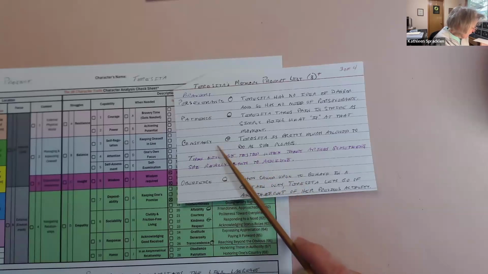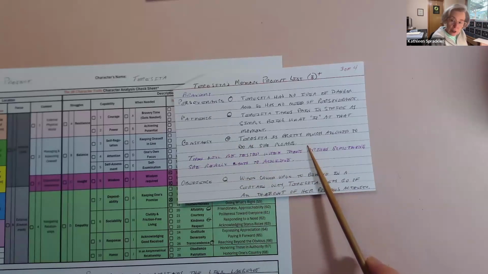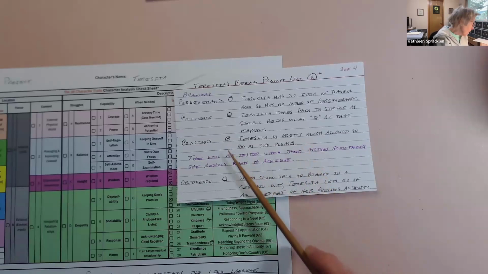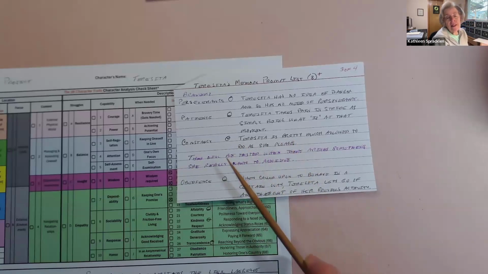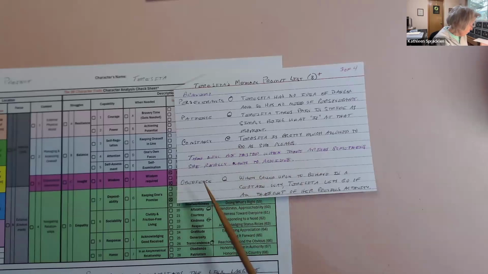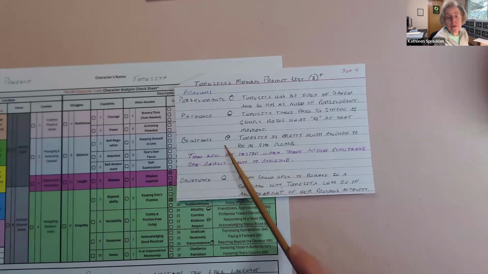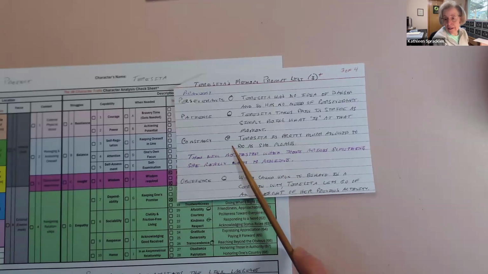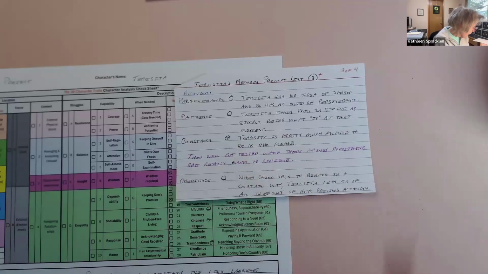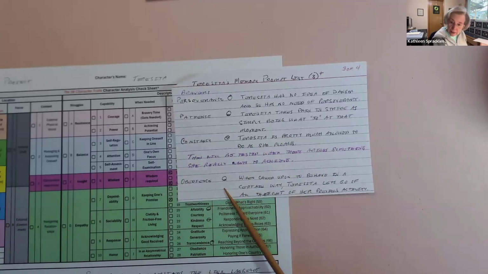Teresita is pretty much allowed to do as she pleases. And so whether she has constancy or not depends a little bit on her whims. This one is a little bit up in the air for her. It's going to be tested only when there arises something that she really wants to achieve. That's where the future comes in for her. Then she's going to have to take this from the wing to the rudder to decide if she's going to achieve it.